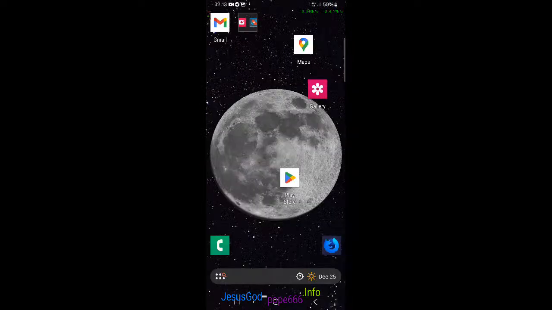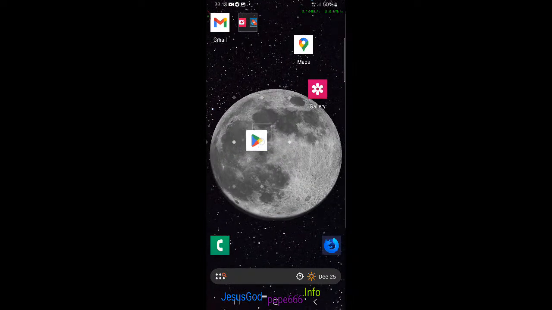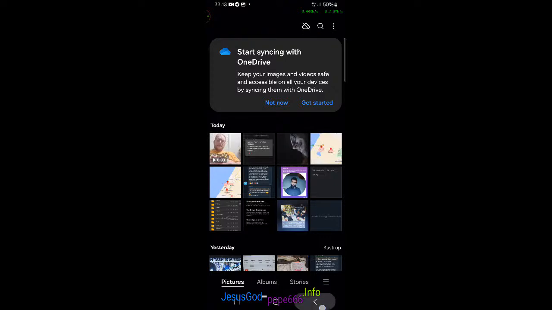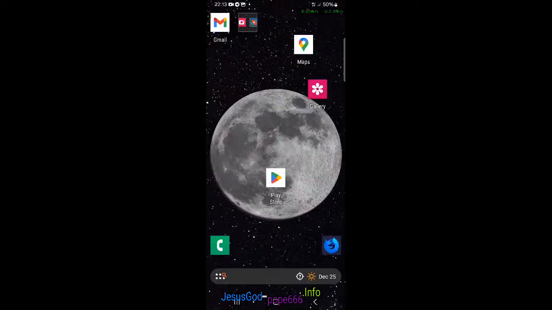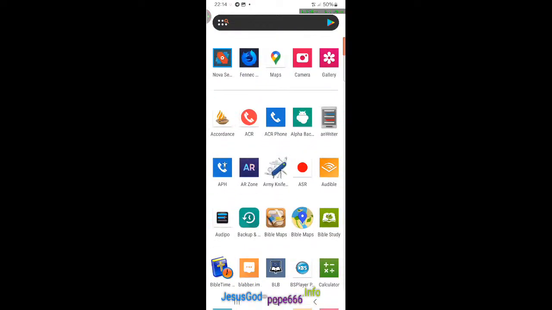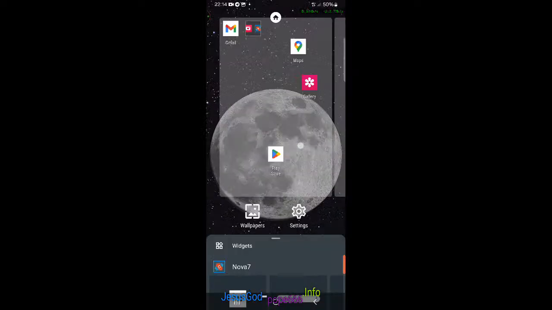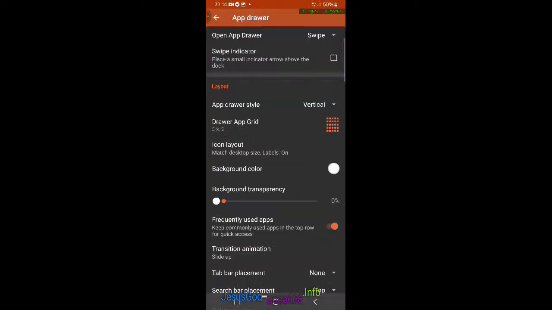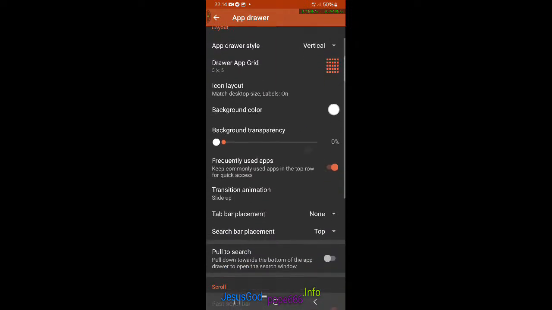I haven't really looked further into how it actually works. Can you actually have an app drawer like on the LG V20 icon layout?